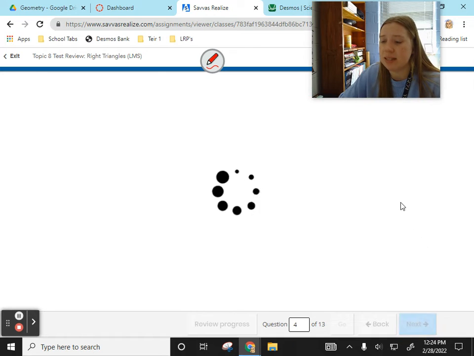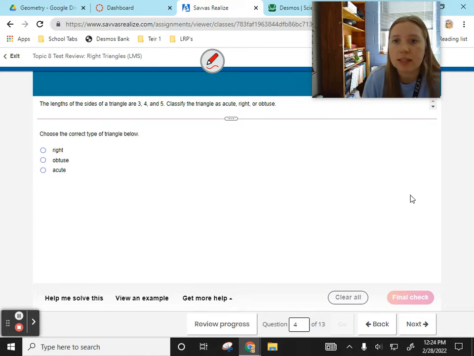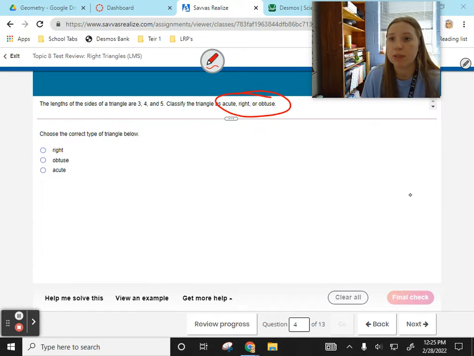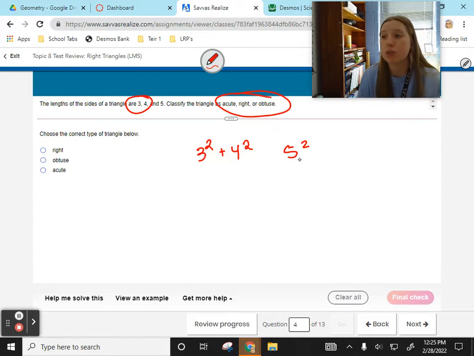I think we're going to use that same exact formula for our next one. It says the lengths of the sides of a triangle are 3, 4, and 5, classified as acute, right, or obtuse. So this is where we take the two small ones, we square them and we add them together and we compare it to our last one squared. 3 squared is 9, 4 squared is 16, 5 squared is 25,